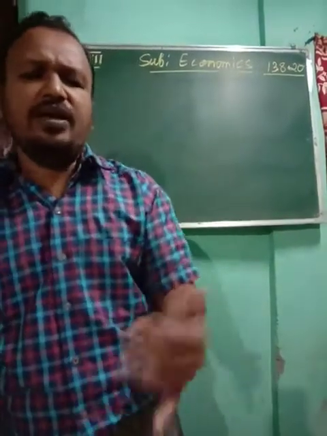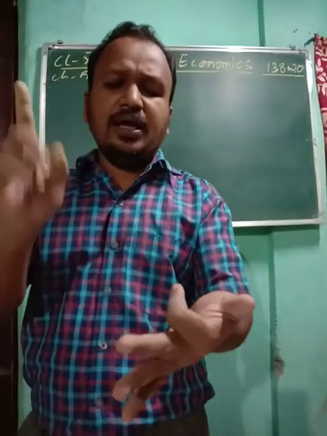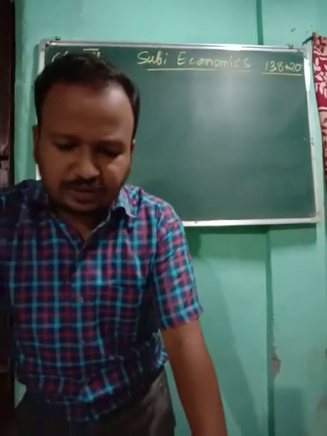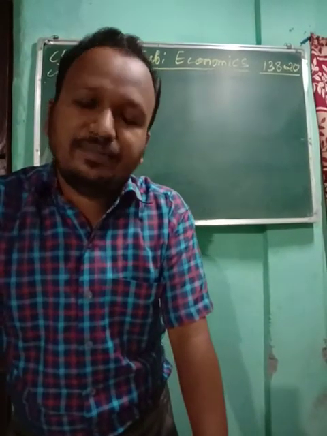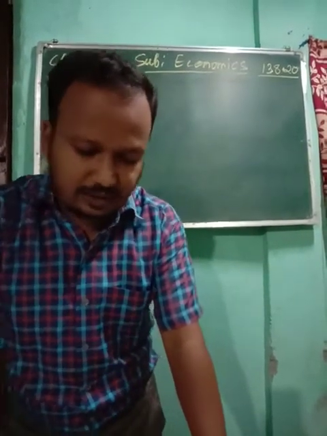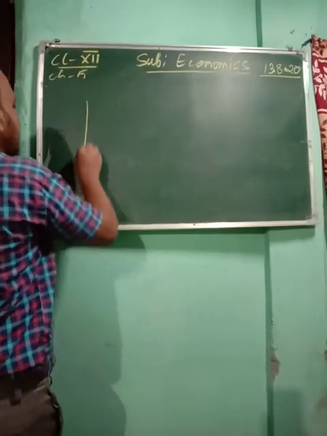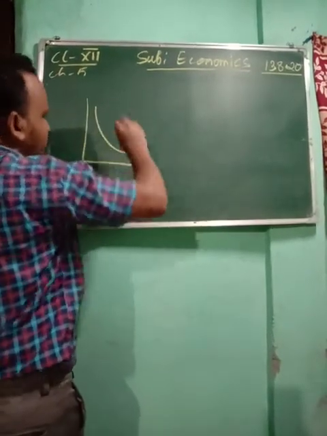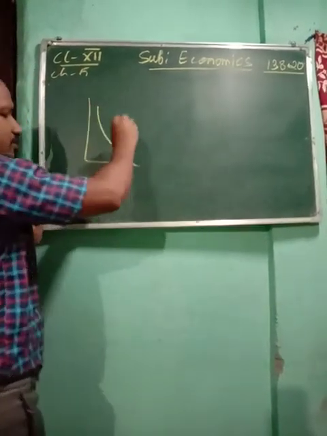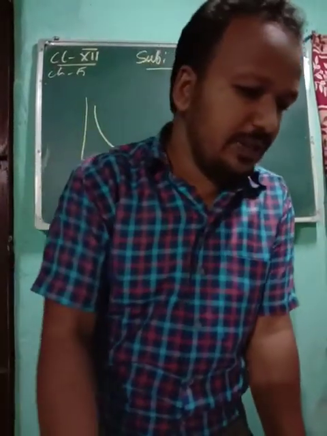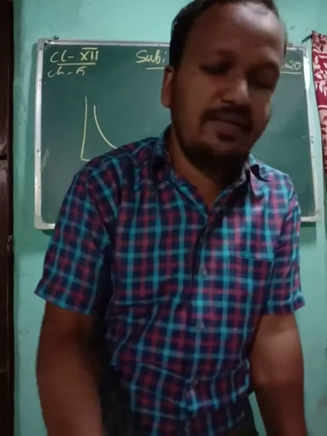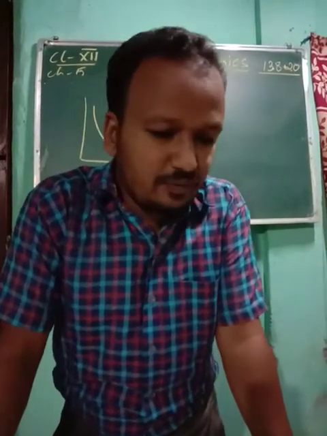Now, whatever we have learned, indifference curve, indifference map, MRS, we are going to base on these three only. First we are going to see the properties. The indifference curve slopes downward from left to the right. Just now we have seen that the indifference curve always slopes downward from the left to the right. Now why does it slope downward from left to right?